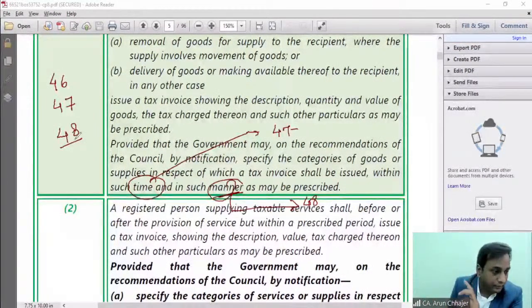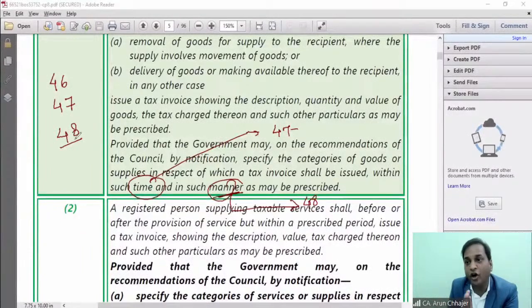First confirm. Suppose I purchase the machinery and I can shift machinery from one location to another location. It is movable. And because it is movable, when I am selling this particular